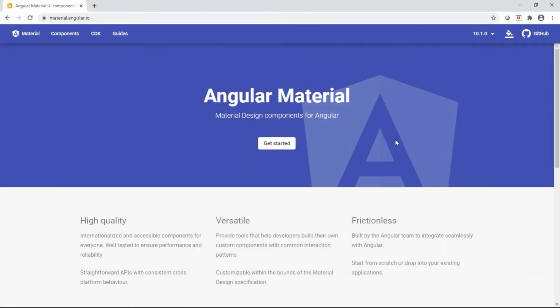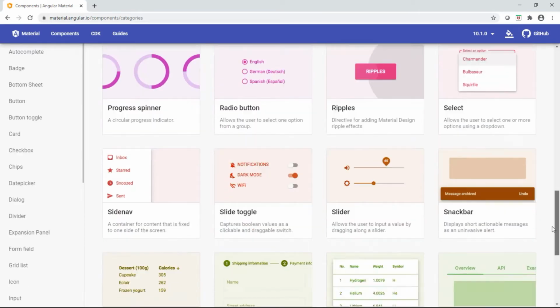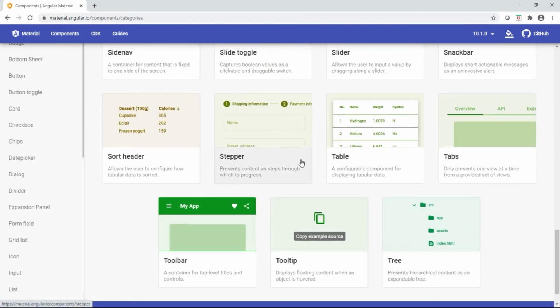Okay, so we're discussing material design and Angular 10.1, and we're looking at the stepper component, and we're going to look at an additional feature about labeling and optional steps now. So let's take a look at the documentation. I navigate to components. I go down to my stepper component,